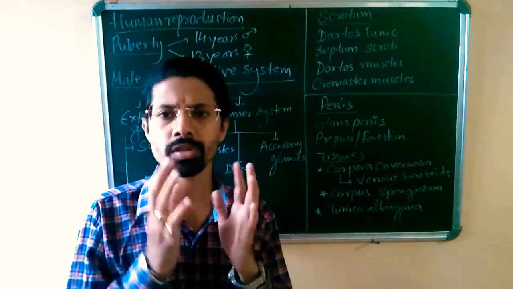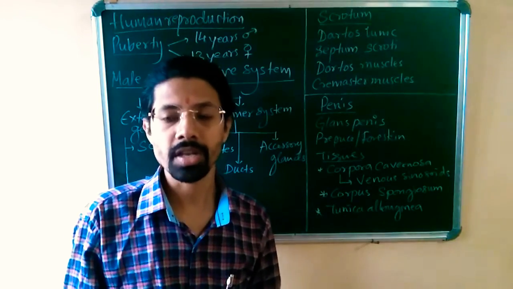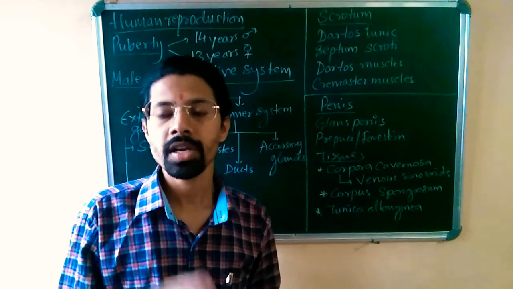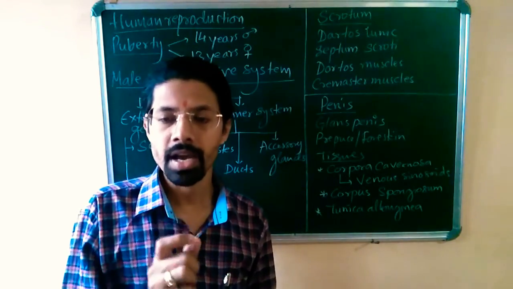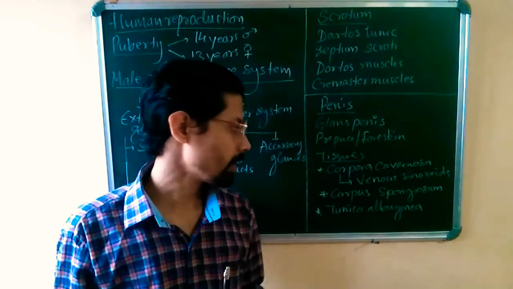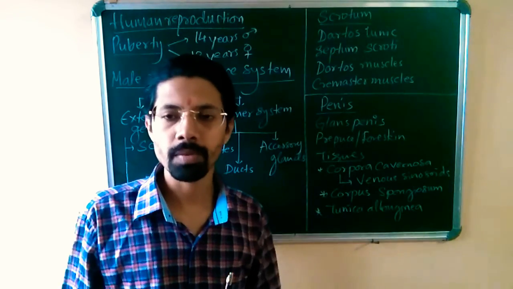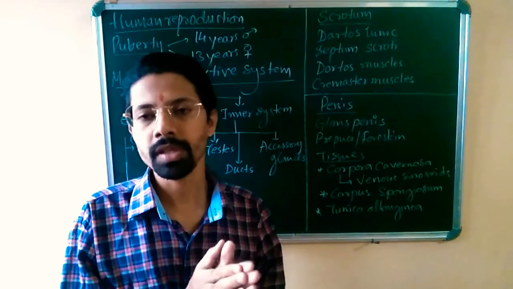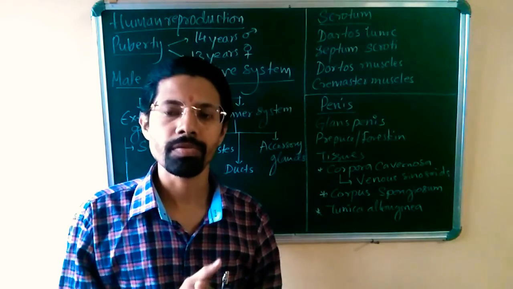The corpora cavernosa contain numerous vascular tissues, and vascularization is higher in them. Because blood vessels are more, whenever there is a change in pressure, the small cavernosal bodies inflate, and after inflation the tissue becomes hard and erect. The venous sinusoids are filled with a rush of blood, which causes inflation of the cavernosal bodies, which causes erection of the penis.